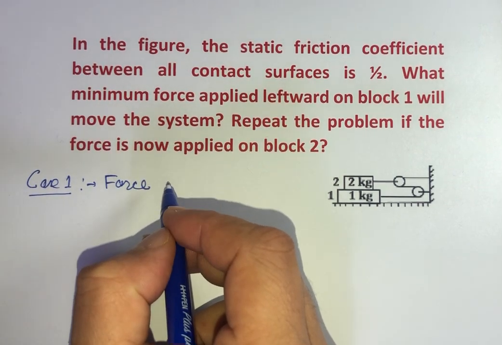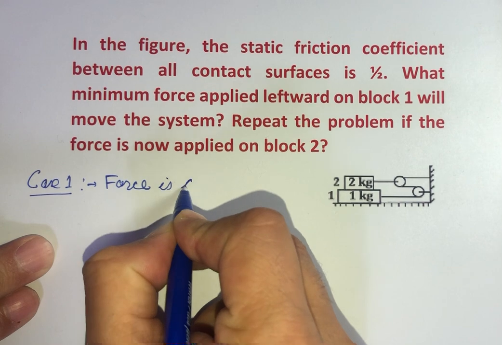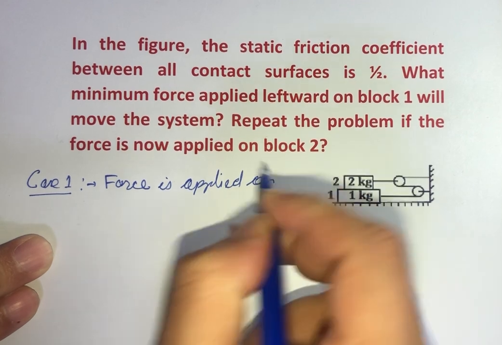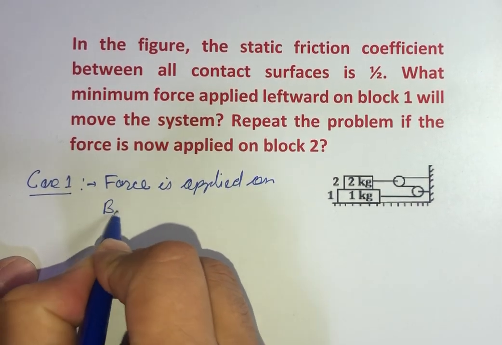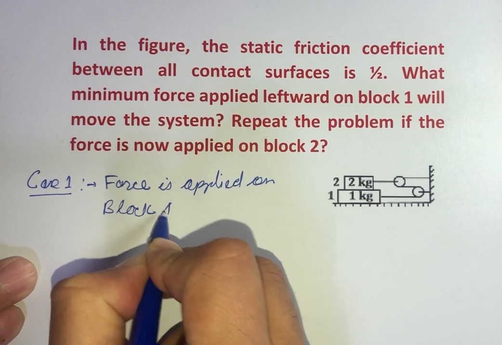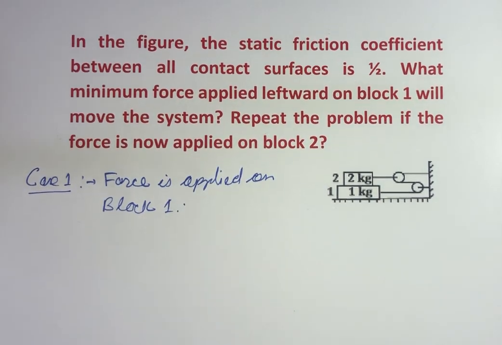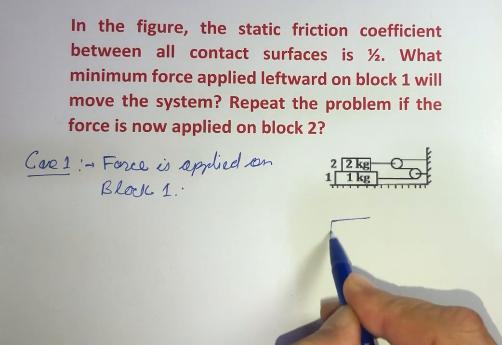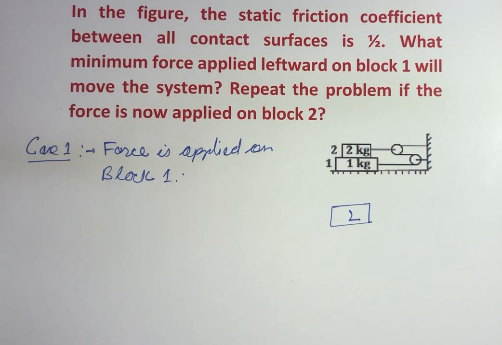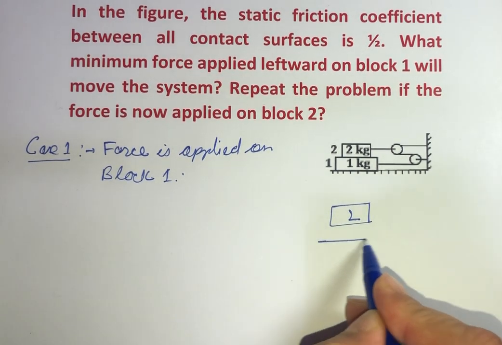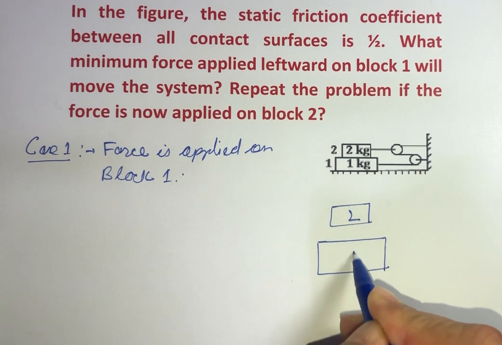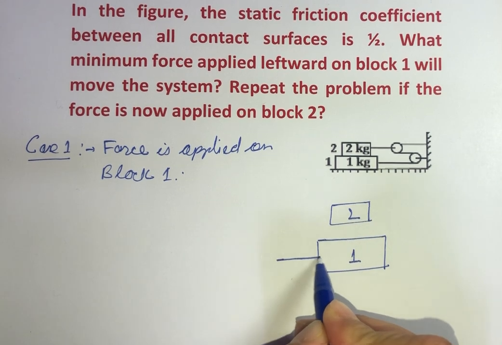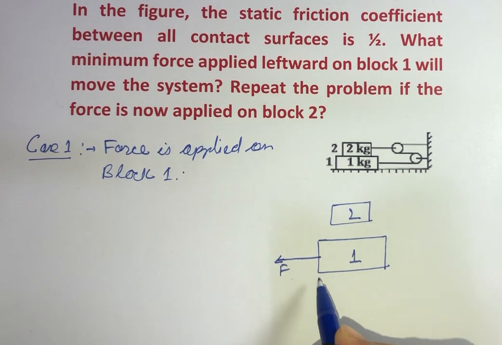Force is applied on block 1. So this is our block 2, and we have block 1. Let us suppose F is being applied on block 1,